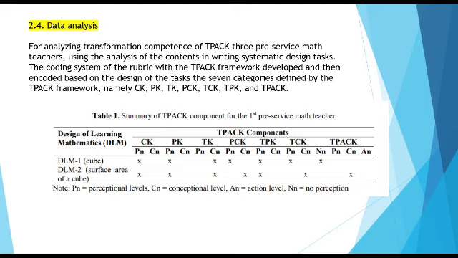The results: the first pre-service math teacher, PMT1. PMT1 is a 23-year-old male with no teaching experience and no work experience, proficient in using Excel, and able to use GeoGebra. The mathematical instructional design tasks with the TPACK framework can be summarized in Table 1. For the preparation of instructional design, PMT1 chooses flat-sided geometry topics, with the properties of the cube for DLM1 and the surface area of the cube for DLM2.